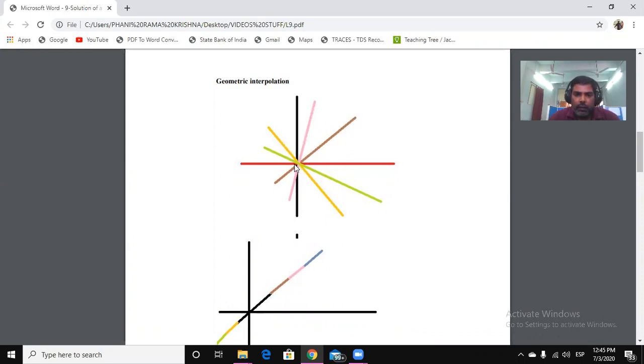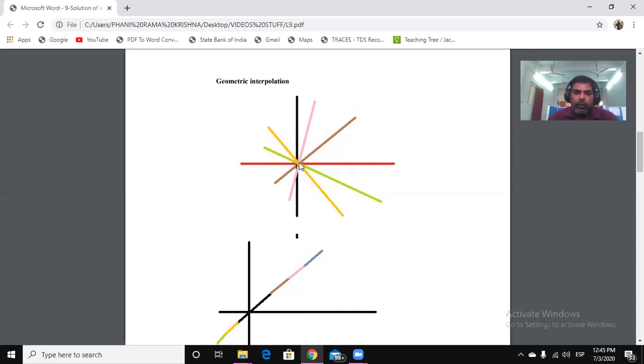So here, when the lines are passing through origin, all the lines are intersecting at origin. That means the system always has a solution. That solution is called the trivial solution. So what we are trying to do in this homogeneous system is to identify whether a non-trivial solution exists or not.